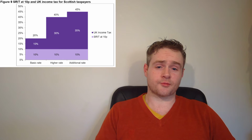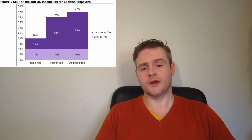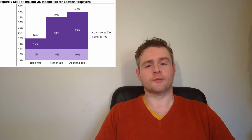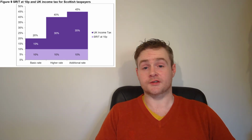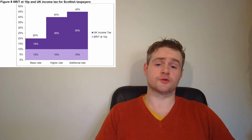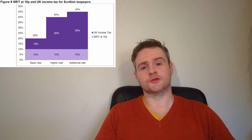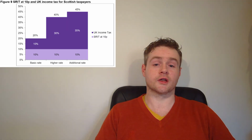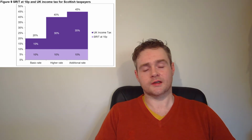Some have argued that as the personal allowance is to increase again, which the Scottish Government has no control over, setting the rate at 10p will still amount to a tax cut, since some are taken out of tax altogether, while the basic and additional rate payers benefit from the increased allowance. As a result, most will see their tax bills go down. But increasing the personal allowance is widely recognised as being the most progressive method of reducing tax bills, and to combat that by using a less progressive measure could be seen as counterproductive, but it doesn't make it an invalid